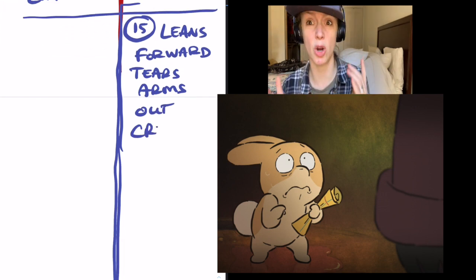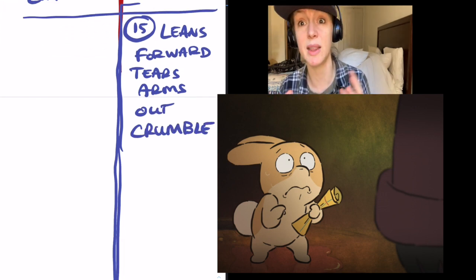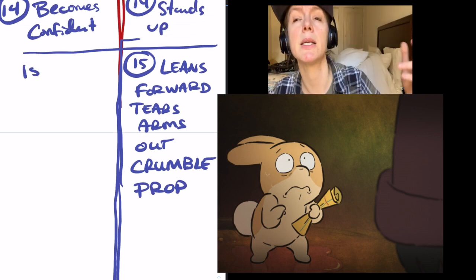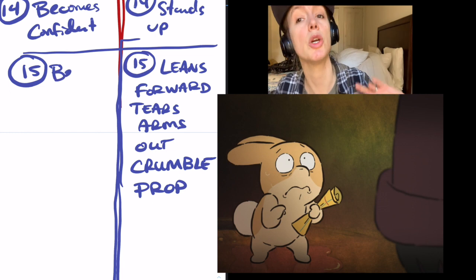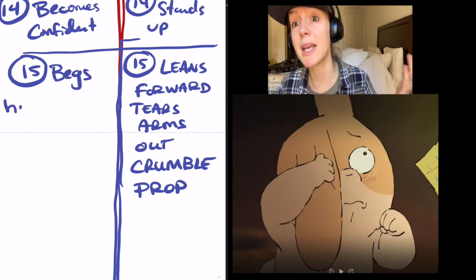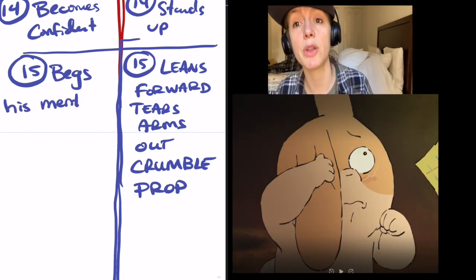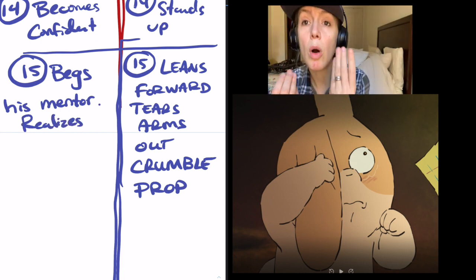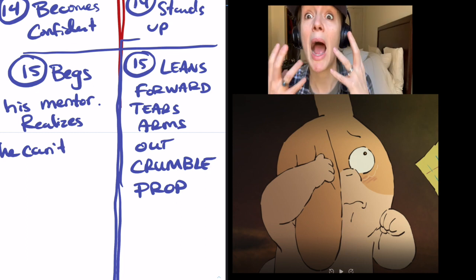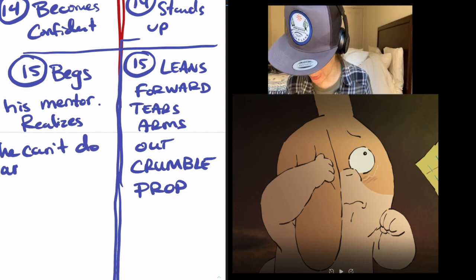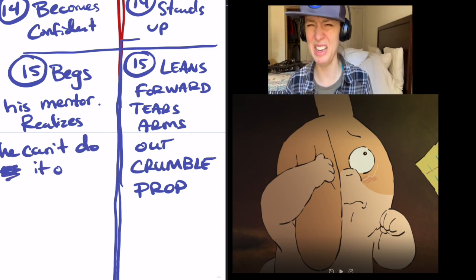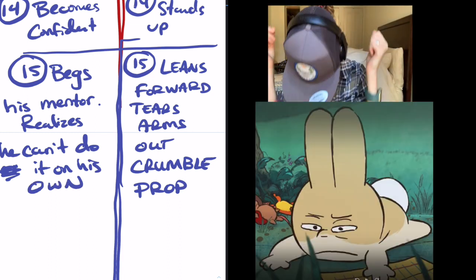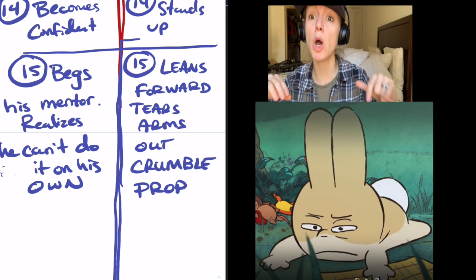Now that's a great turning point for a character when they learn that they need other people. So he's gotten over his conflict as a character, thinking he could do everything on his own. You can't do it on your own. A lot of characters try to do everything on their own, right? So he asks for help. So you want to write down physical choices that show how desperate he is, crying. And then he leans down and he's just so sad because this is his lowest point.